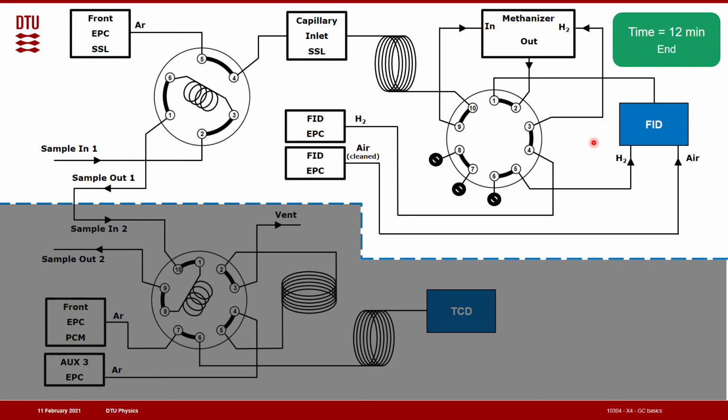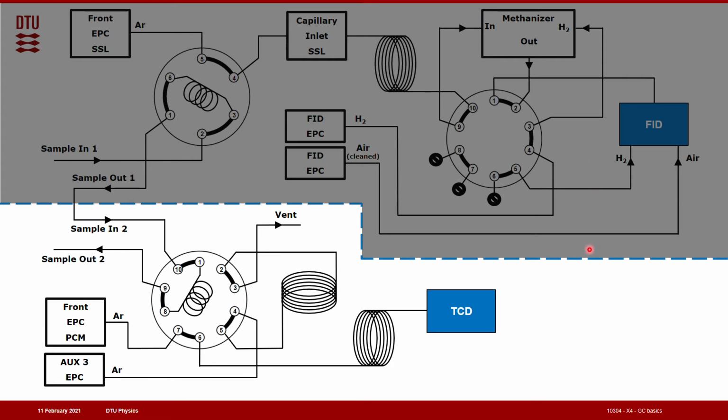Now, let's move on to the next part, the TCD part. This looks a bit different, and the reason for this is that we here have both the column used in the FID part, but we also have what's known as a molecular sieve. And that's because in this column,